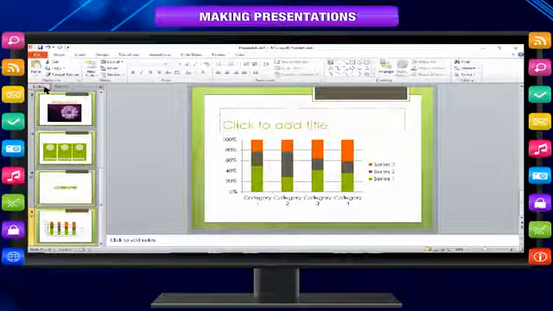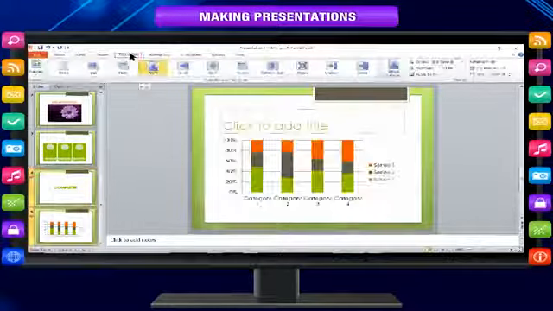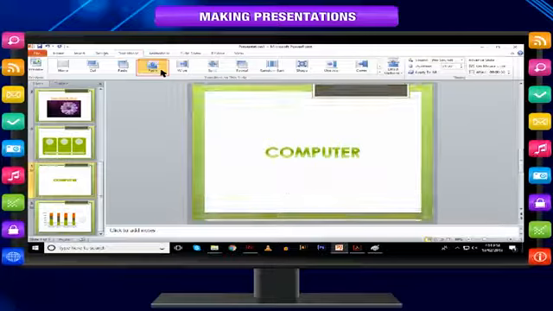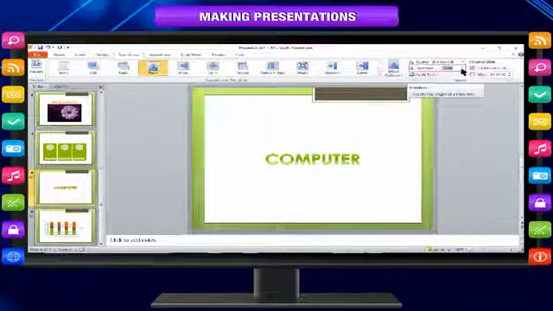On the left side of the slide window, click the Slides tab. Select the slide or thumbnails of the slides that you want to apply slide transitions to. On the Transitions tab, in the Transition to This Slide group, click a slide transition effect. To see more transition effects in the Transition to This Slide group, click the More button. To set the slide transition speed between the current slide and the next slide, in the Timing group, click the arrow next to Duration and then select the speed that you want.